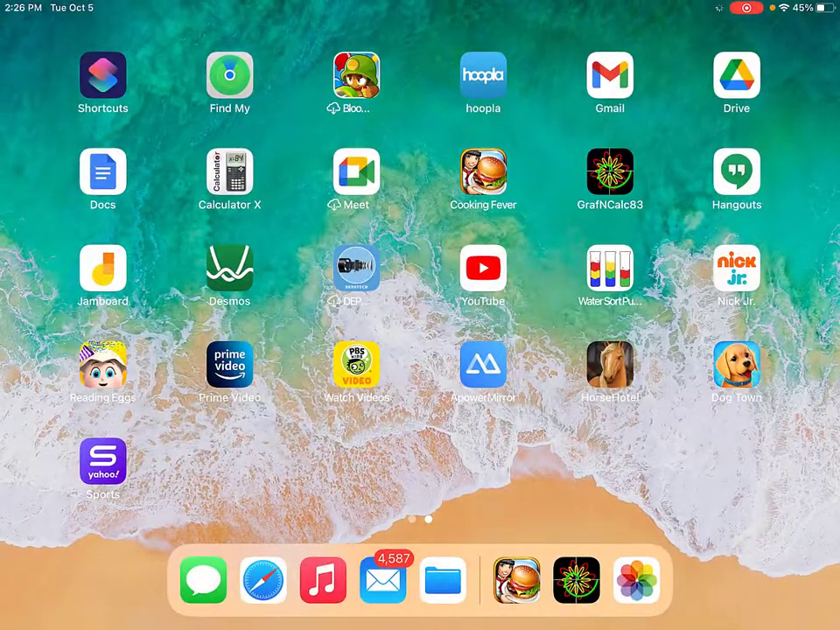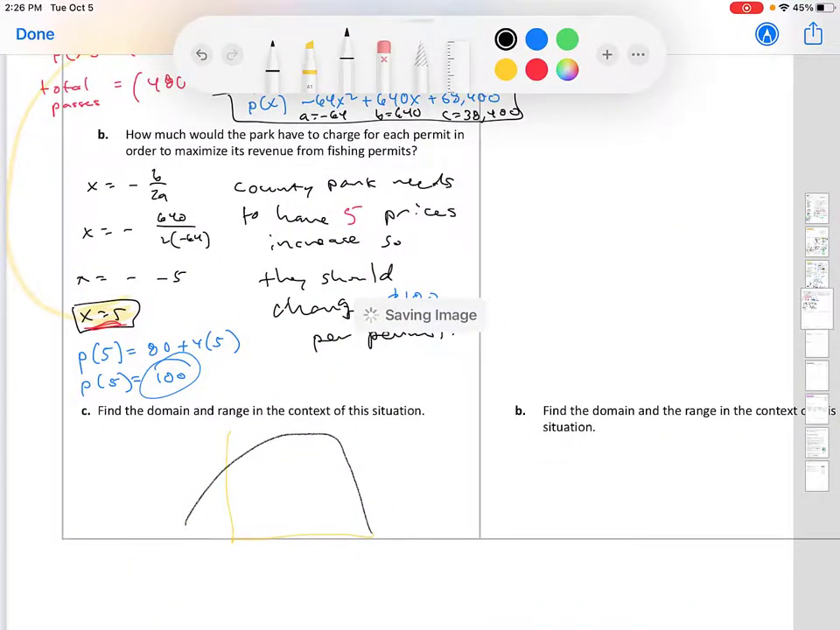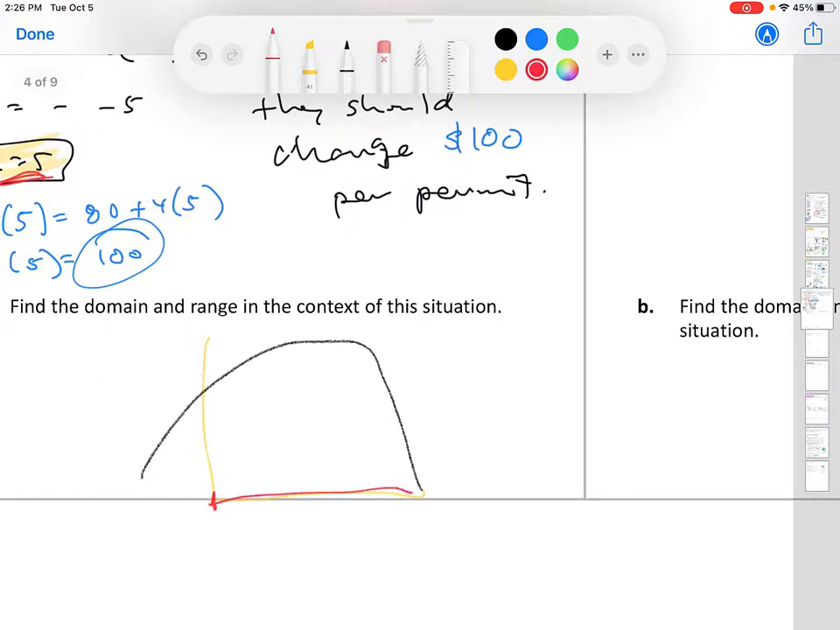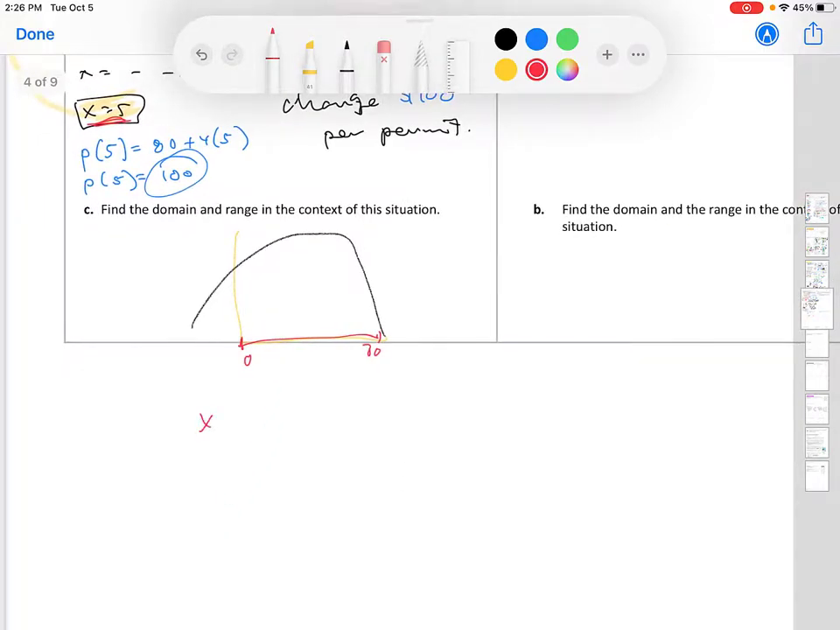So on your graph, we're just going from here to here, so that's 0 to 30. So x, you can buy anywhere between 0 and 30 for your domain, and then your range,